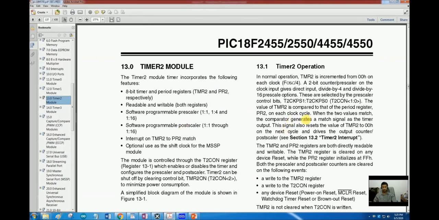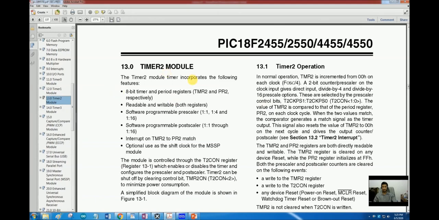We have already discussed timer 0 and timer 1 operations and the different modes and options available with timer 1 and timer 0, and today we are going to finish the timer peripheral for PIC. Timer 2 is similar to timer 1 and timer 0 in operation. I will focus on the differences in this lecture.